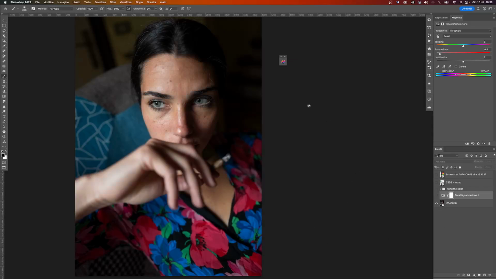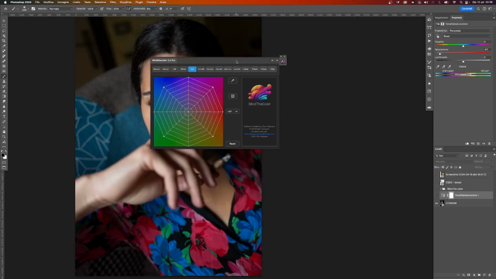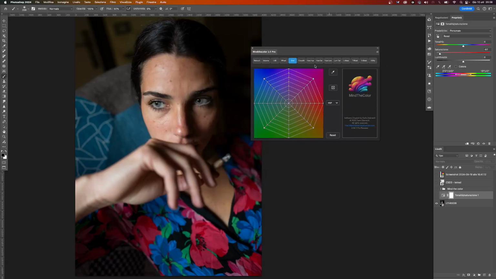But with this new plugin, Mind the Color, when you open it, that's the first thing you can see. This is the tool I'm going to talk about today in this video, the grid. Basically, the grid is a color wheel. You see all the colors around here at certain degrees, and in the center we have the so-called achromatic colors, the colors with no chroma.